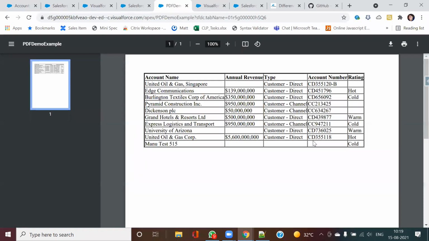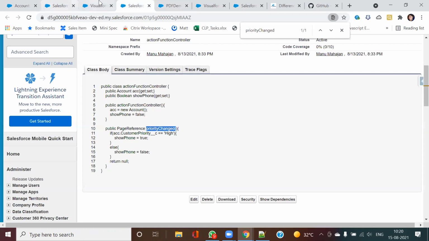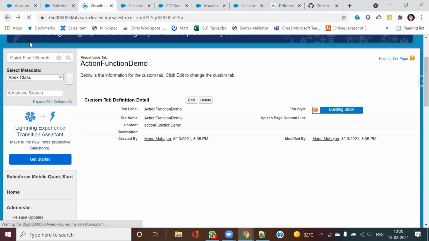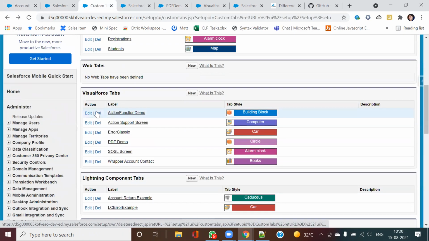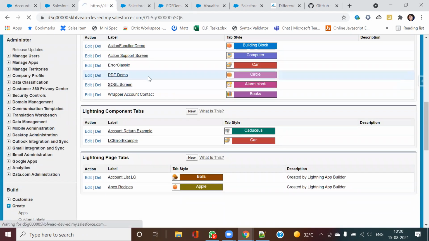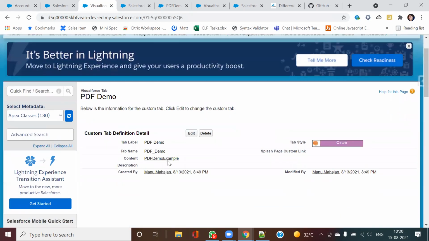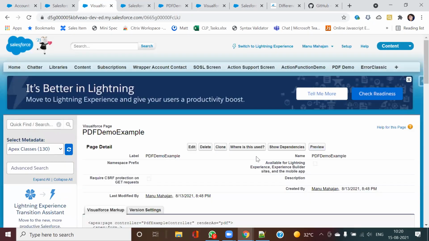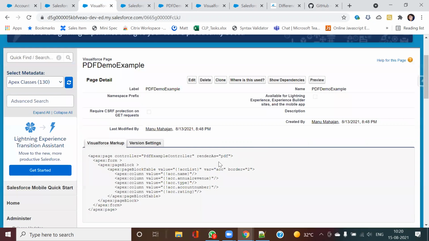Here, if you see, I took 10 accounts, and these are coming in the form of a PDF. How did they come as a PDF? Let us see. Here is the controller I took.